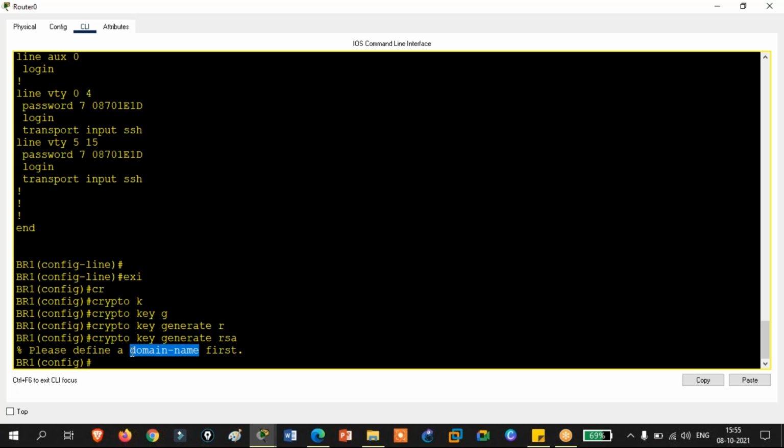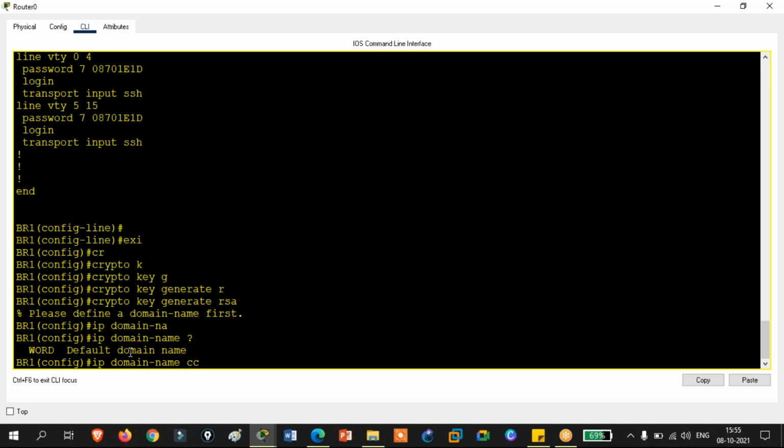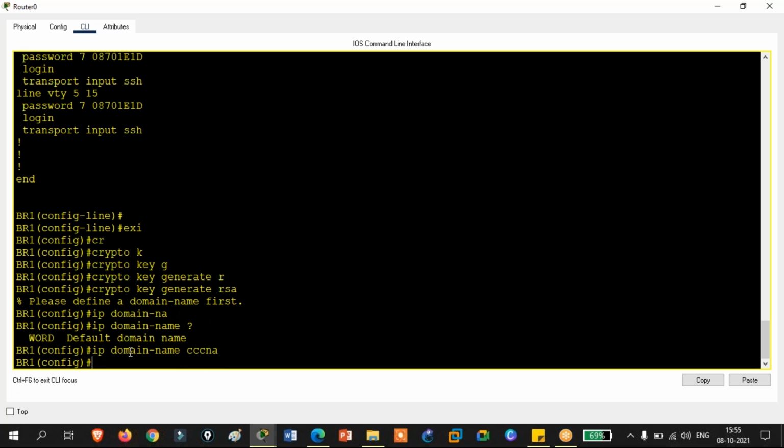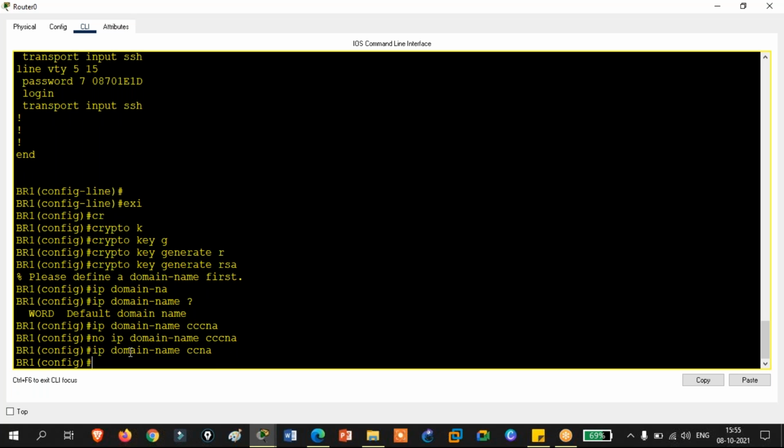When you are generating the keys for encryption, you need two things: one is the router name and the other is the domain name. There is a simple command, ip domain-name, and this can be any name, CCNA, or let's say CCNP, or ccna.com. Whatever name you prefer. Right now I'm writing CCNA.